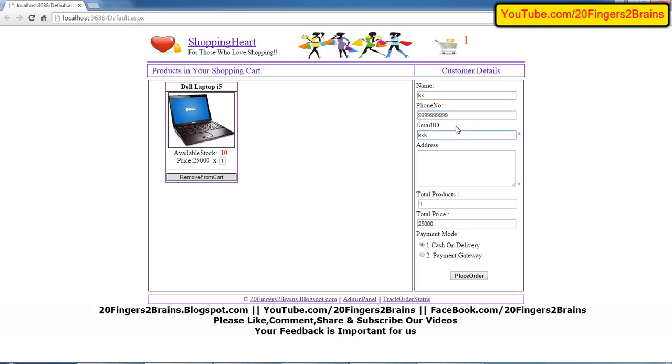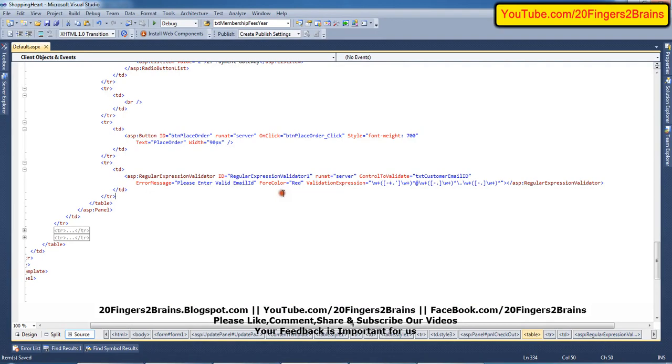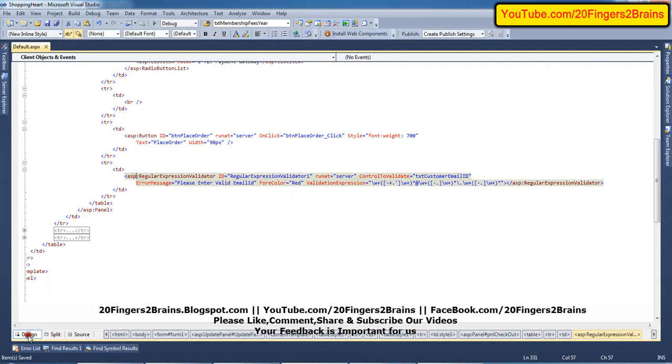Email ID, suppose this is the email ID, so it says please enter valid email ID. This message is displayed from the regular expression validator. So the email ID format, like some name at the rate, then some provider name, this should be valid, then only it is accepted. So this regular expression validator for email,